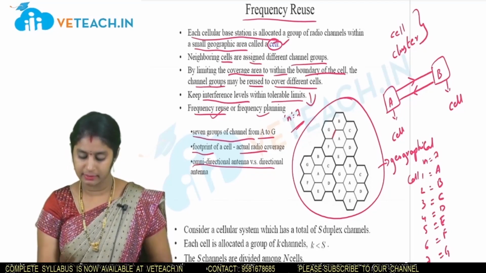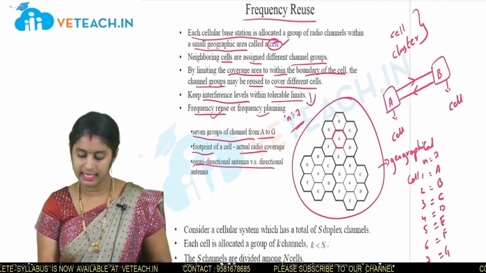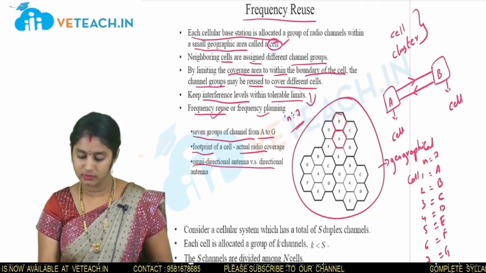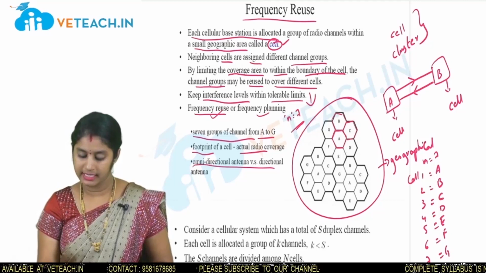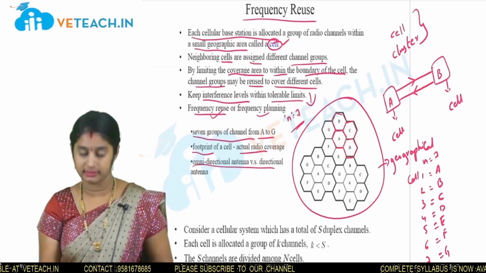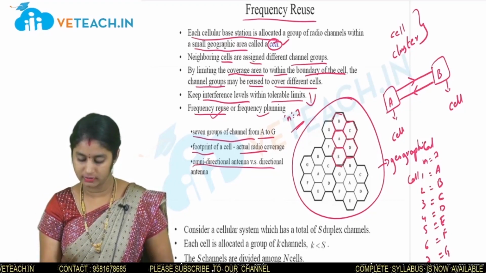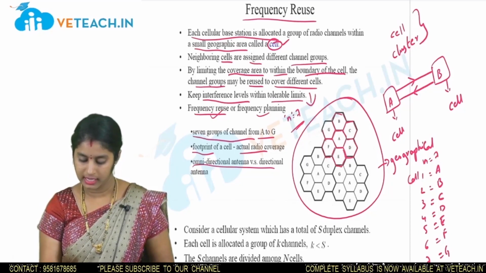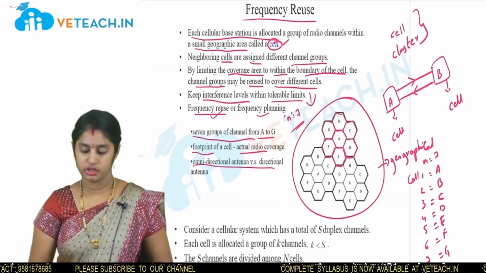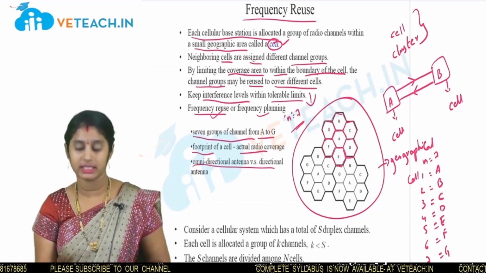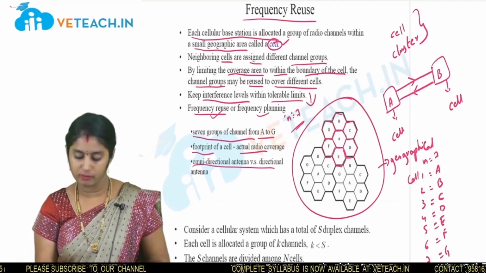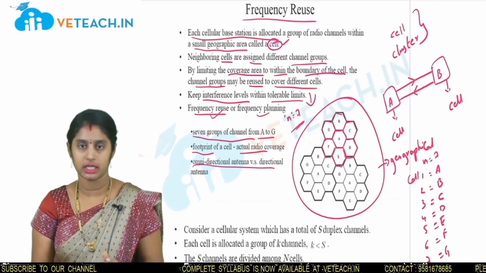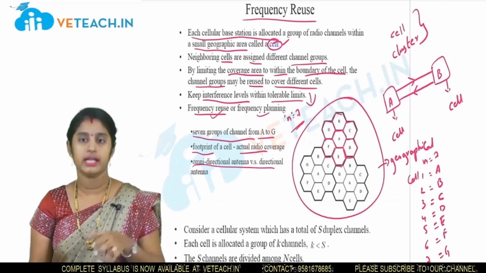Here we have cell A, and this cell A is attached to the neighboring cell B, and B is attached to the neighboring cell C, and it is attached to the neighboring cell D, and it is attached to the cell E, and again it is attached to F, and again to G. So how many cells have we constructed here in total? 1, 2, 3, 4, 5, 6, 7. So a total of 7 cells are attached to each other, either adjacently or neighboringly.